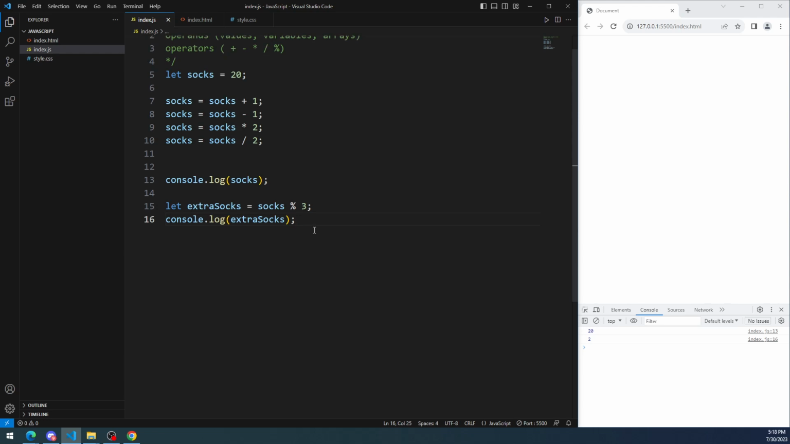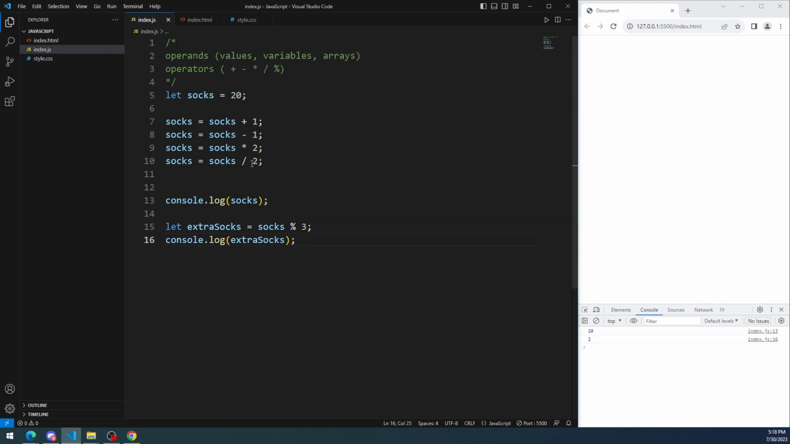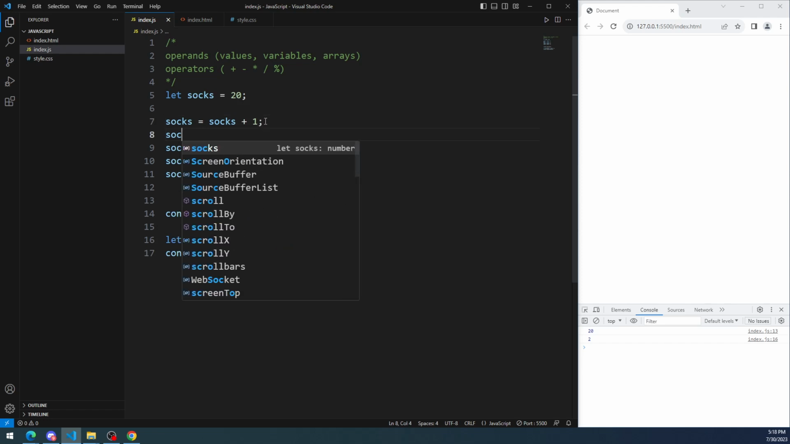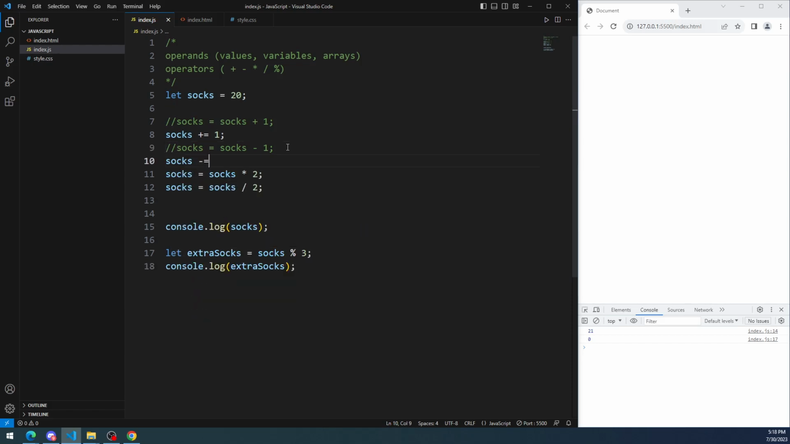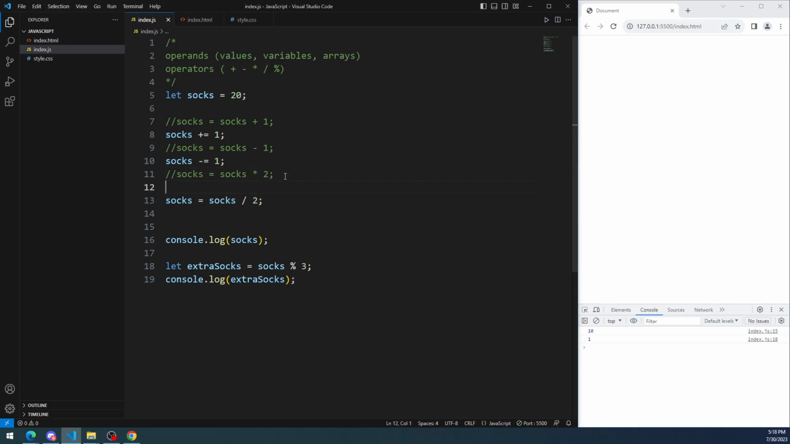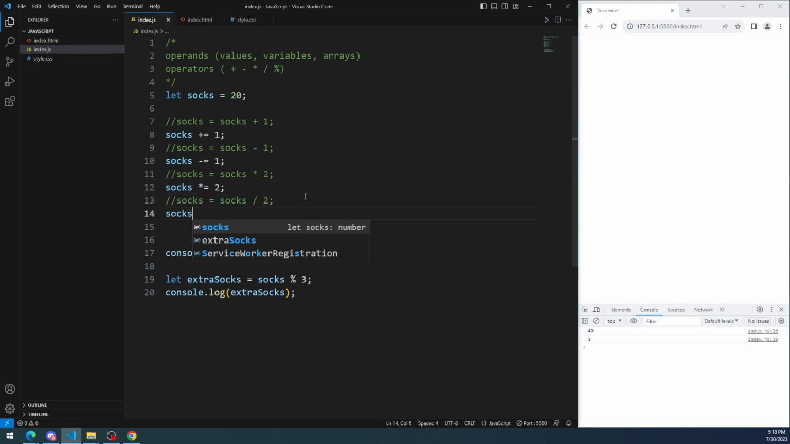And there's another way to do all of this. Instead of typing this out, we could do socks plus equals 1. Another way to do this equation is socks minus equals 1. Another way to multiply is socks star equals 2. Another way to divide is socks divide equals 2. And we can also,